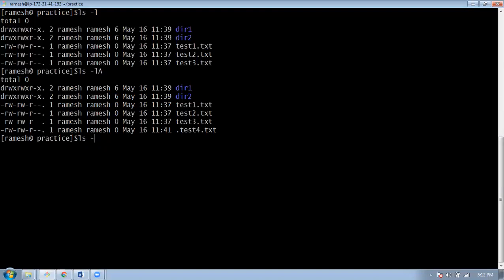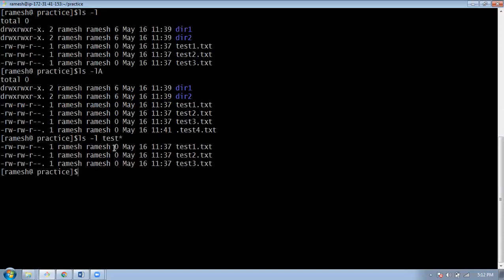And suppose I want to list the files starting with test. So the remaining characters I will specify as star. Here star represents 0 or more characters. So now I am able to access the files starting with test.